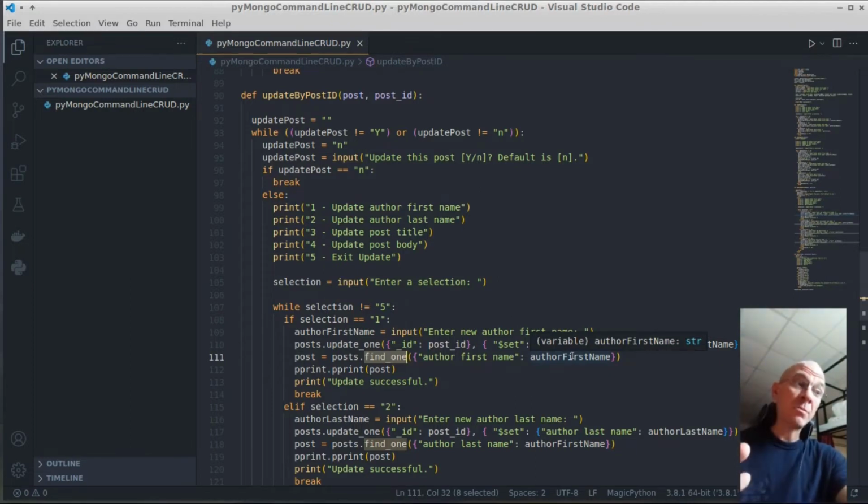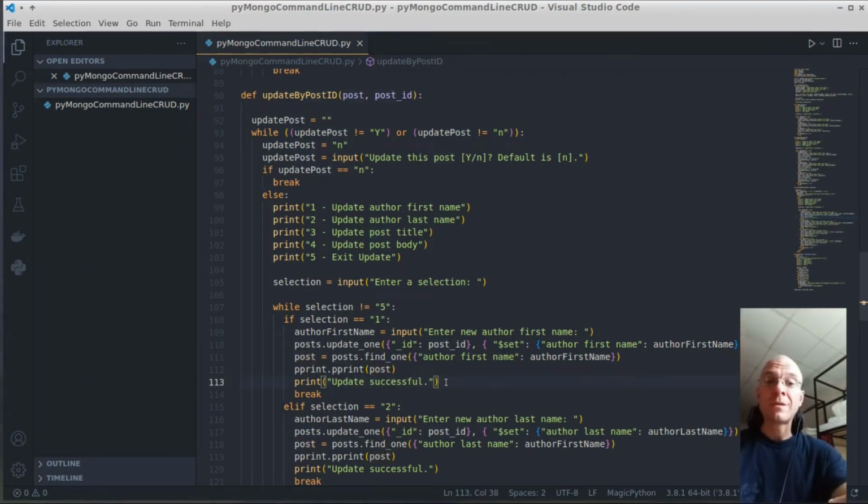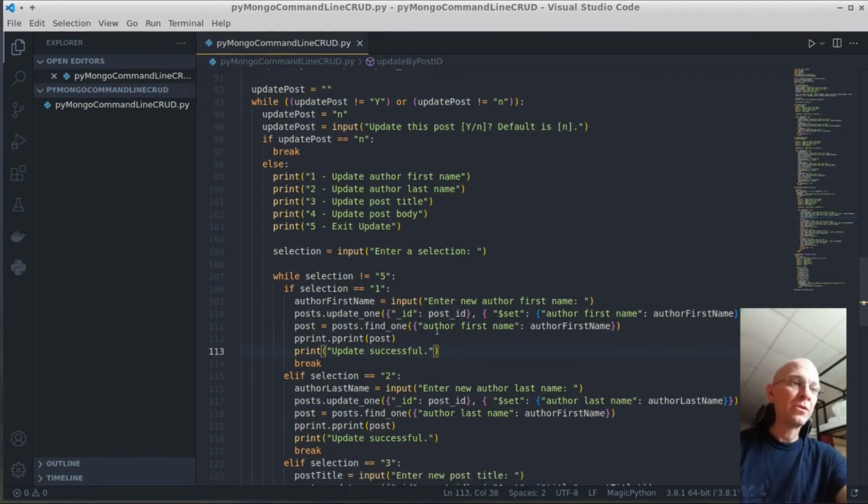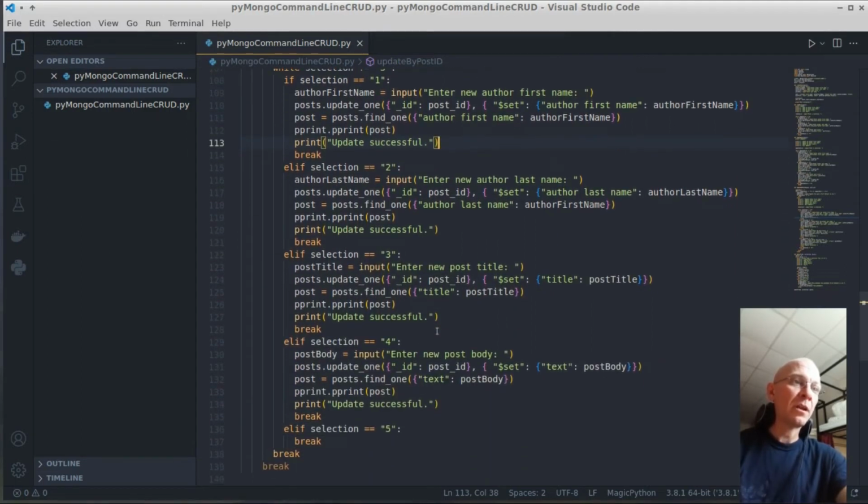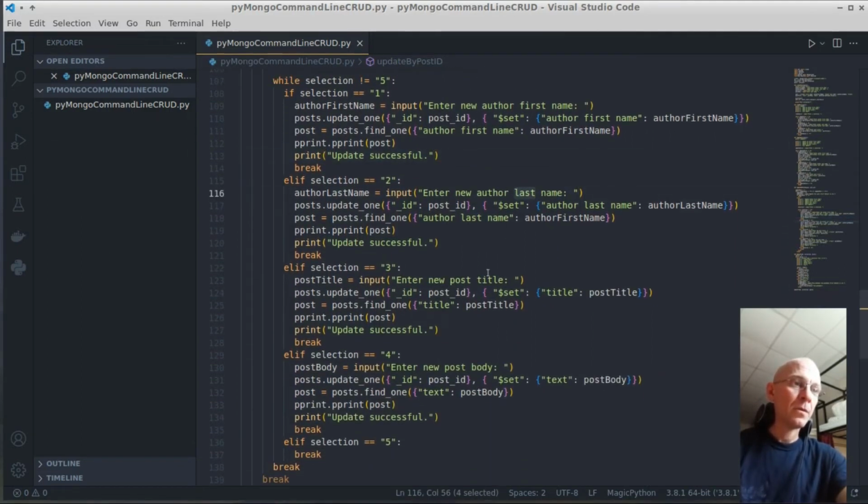I could actually do it by ID, but here I'm doing it by author first name because I'm just testing the functionality. So then you get that same post back, and I'm printing it so that I can know that the author first name has been updated, and then update successful. And that is just replicated through the last name, the post title,